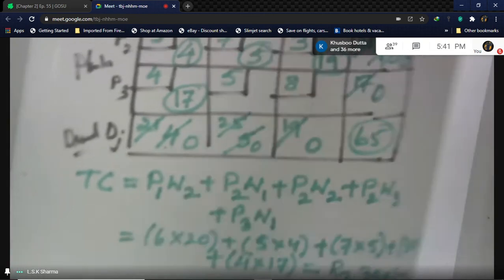Okay, now the next method is called Google's approximation method, but I think that will take some time to solve the problem, so I'll leave that out for the time being. Okay, now in Google's approximation method, what we do is we do penalty points, and on the basis of it, the costs are selected. It's also quite similar to the least cost method only.